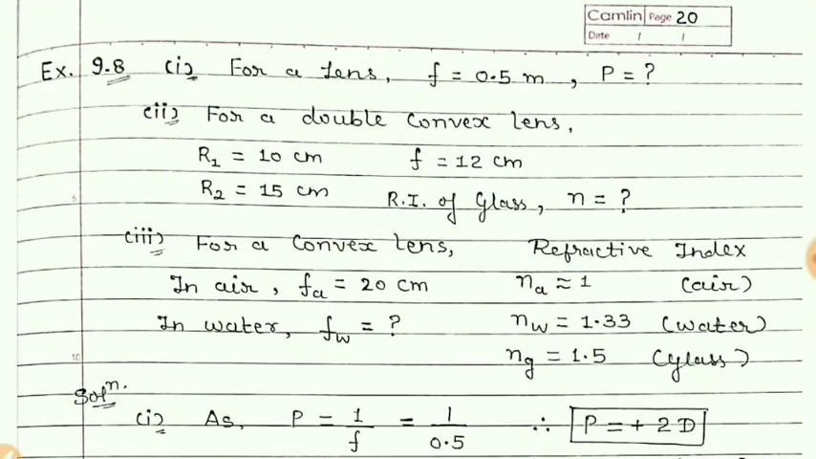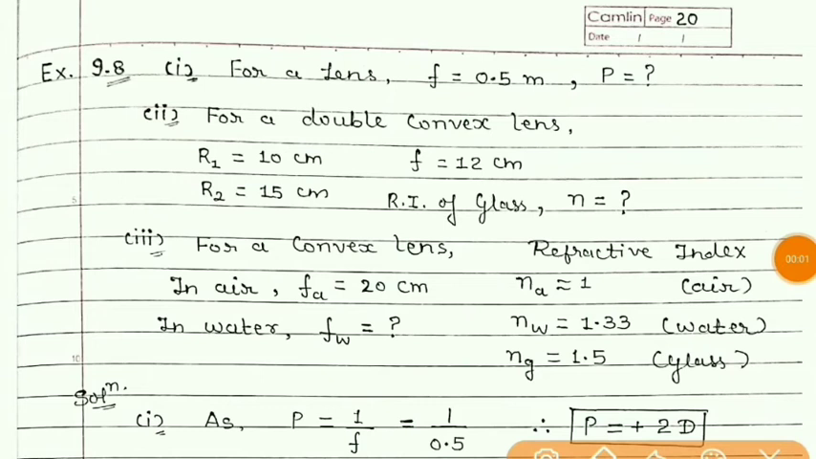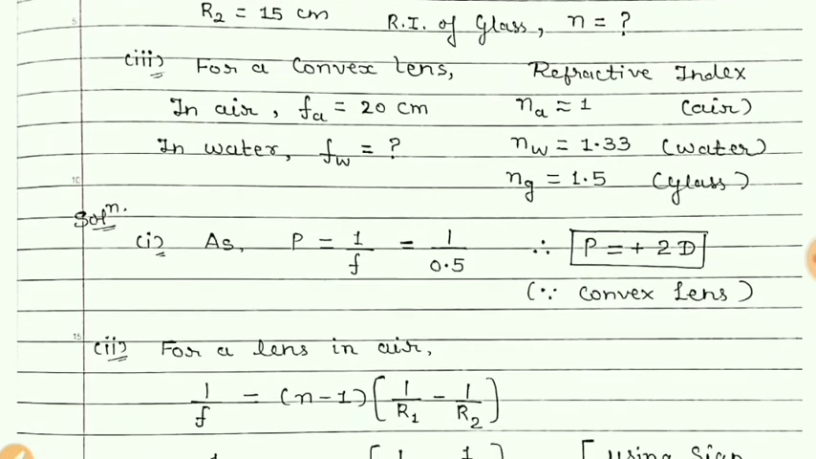Now about example number 9.8. In this example, first one is given that for a lens, its focal length is 0.5 meter. So what will be its power? So students, we know that